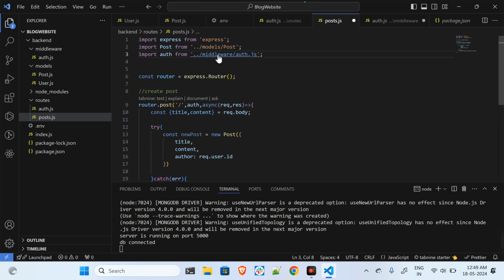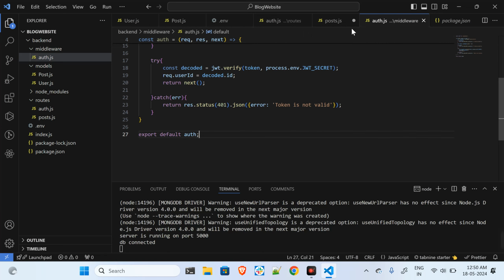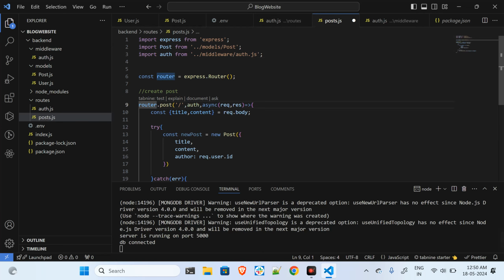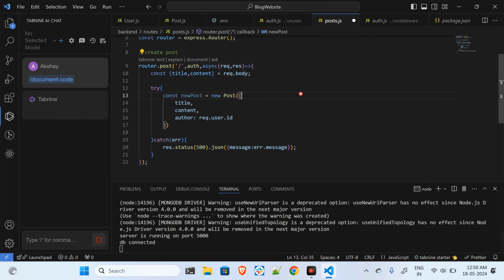Wait a minute, why is it not coming over here? Okay, we have forgotten to export it. So export default auth. As long as we are not exporting it from here, we won't be able to make use of it inside any of the files. Okay, so I've exported it, and then I will import it and put it over here at the middleware. So when it comes to creating the post, we have to validate whether the user has been authenticated,